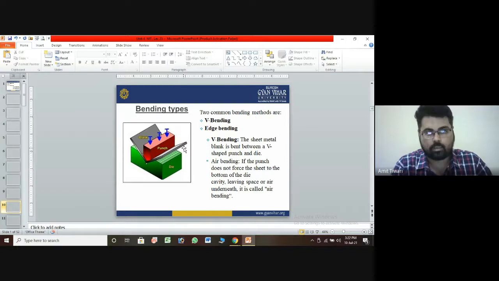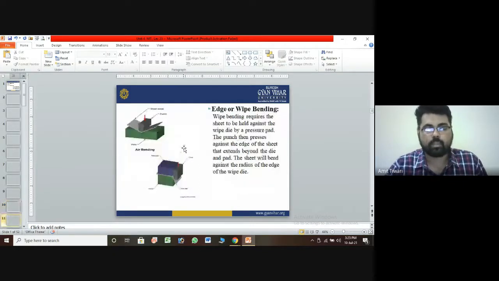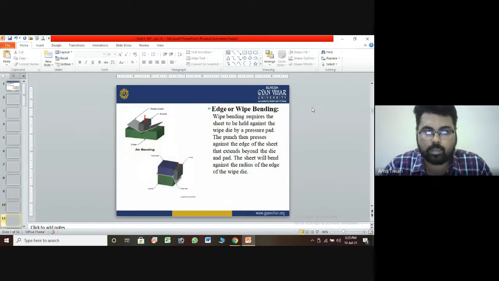sheet metal on the surface of the die and press at high pressure. Until the sheet completely changes to the dimension desired by the V shape, we do not remove the force. After the press is held for some time, you remove the load, and you can see that the V shape is formed. The required section is cut by the cutter, and fine finishing is required. These are some techniques adopted for V bending, and also for edge bending.